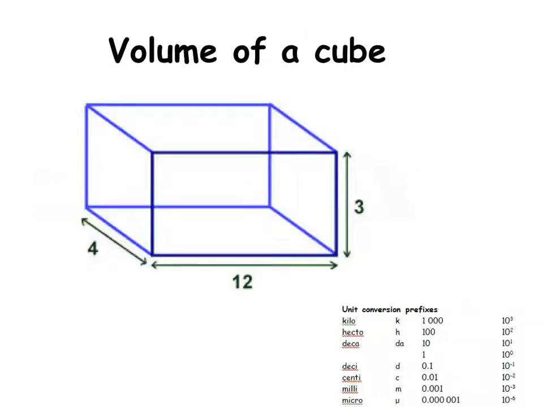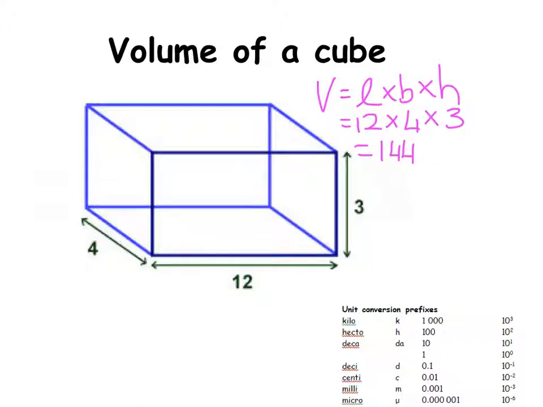If I'm now taking a look at a volume of a regular shaped object, such as a cube, I am going to remember my equations from maths, where the volume of a cube is equal to length times breadth times height. So it's going to be equal to 12 times 4 times 3. It really doesn't matter what order you do that in. 3 times 4 times 12 is equal to 12 times 3 times 4 is equal to 4 times 3 times 12. It really doesn't matter the order at all, as long as I am going to multiply all three of those dimensions. So I'm going to say 12 times 4 times by 3, and I land up with